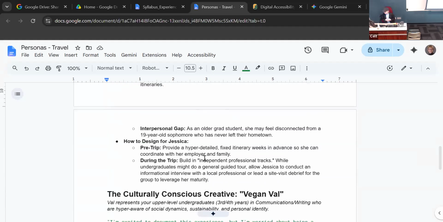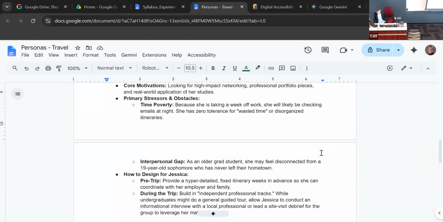This is a person who maybe has a lot of things going on in her life, right? Juggling everything. So a fixed itinerary, knowing all the things up front, is going to be really helpful. And she's really focused on professional opportunities and networking and things that she might get to do on this trip. So maybe there's opportunities to leverage her experience level on this trip and help that shine during this experience. And then the third one is cultural, conscious, creative,